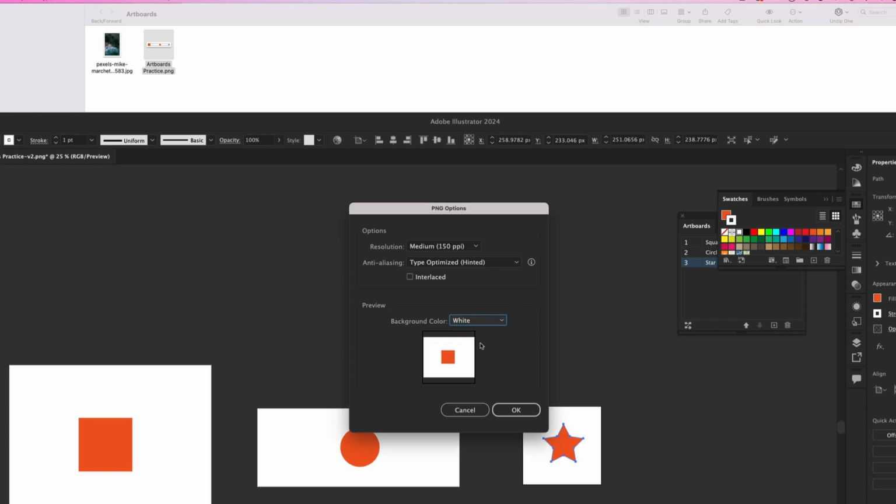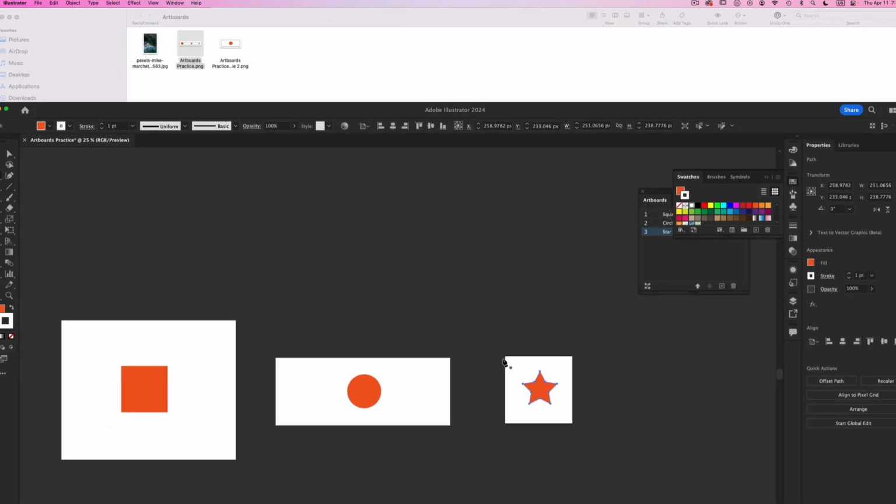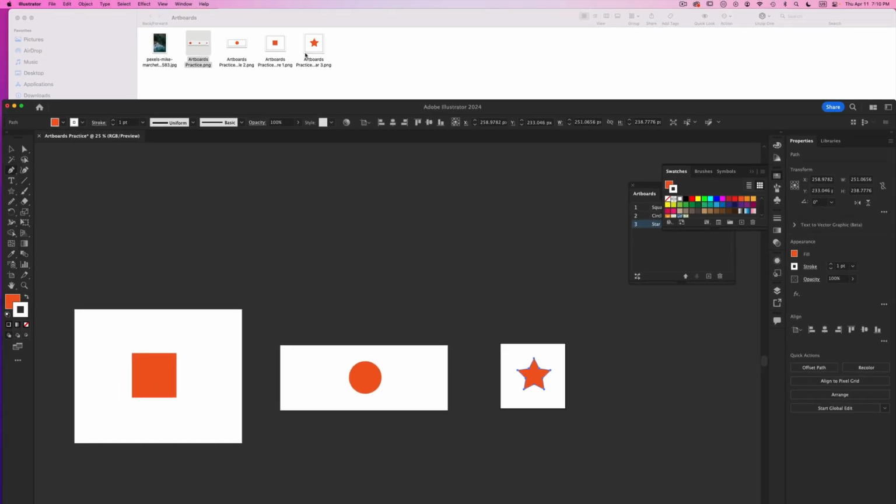All right, and I can change the background to black, or I can change it to transparent. But I'm going to leave it at white. We'll talk about the transparency later. And I'm going to hit OK. Here we go. And you see there's the circle, the square, and the star. And that's by using artboards. It creates that document the same size as the artboard, whereas if I turn artboards off, it's constrained by the shape